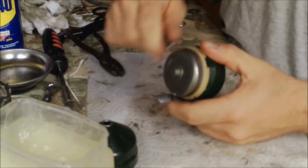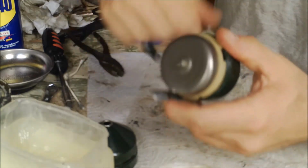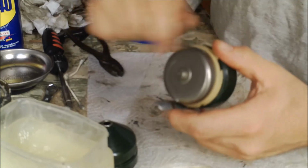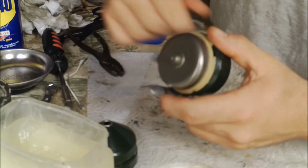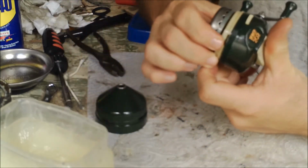There you go. That's great right there. Fine now, see? That's really smooth compared to what it was before. That's like a brand new reel right there. Put the cover back on. At this point, you can check